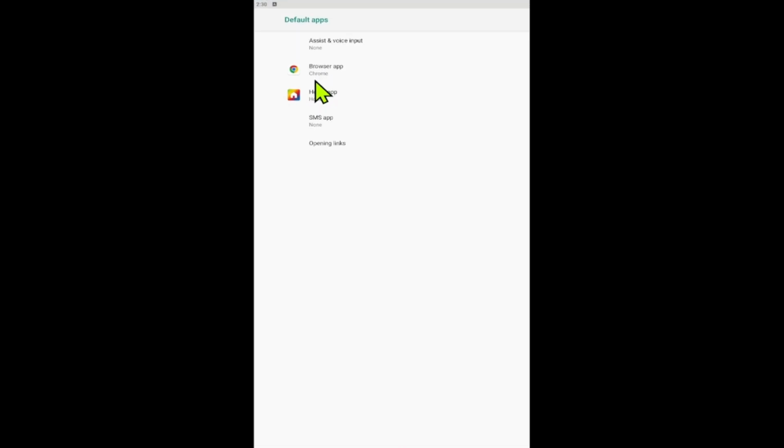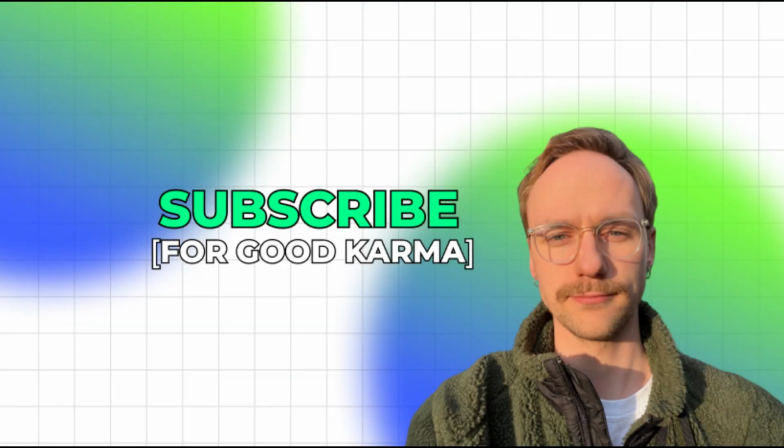So, in simple terms, open Settings, go to Apps, then Default Apps, tap Browser app, and choose Chrome. That's the normal Android method for making Google Chrome your default browser, and that's how to make Google Chrome your default